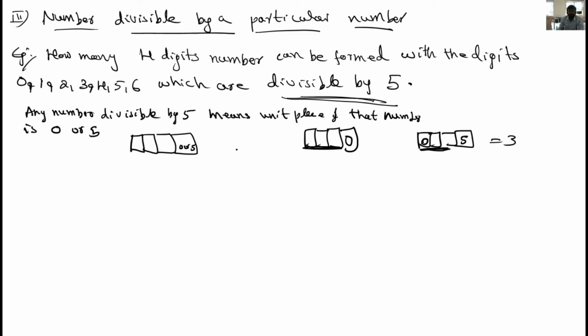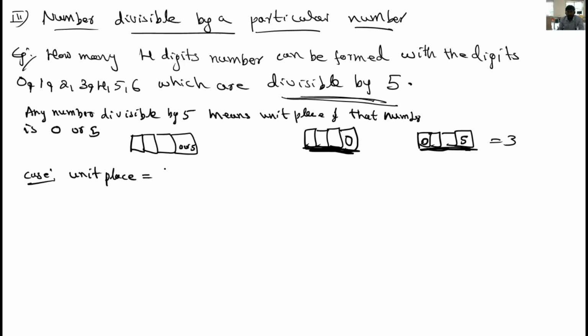So we need to take 2 different cases. One case is unit place is 0. Another case is unit place is 5. Why? Because if you take 5 in the unit place, then we can't take 0 in the thousands place. Okay, so case 1, unit place